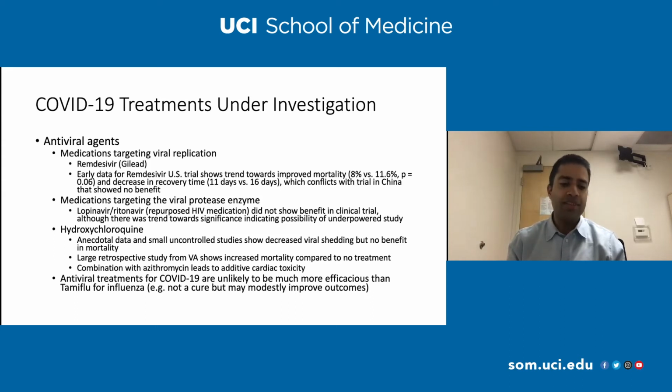The phase 1 of the trial recently wrapped up, and while the full data hasn't been released, there was some early data released. And this medication works by targeting the viral replication. So it inhibits the enzyme that actually replicates the genetic material of the virus. And so the early data shows that there was a trend in the patients who got the remdesivir towards improved